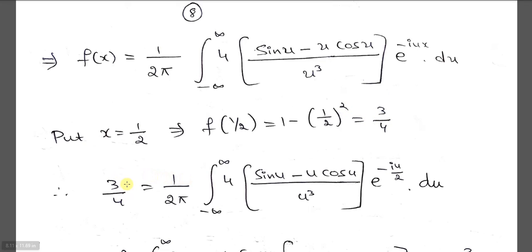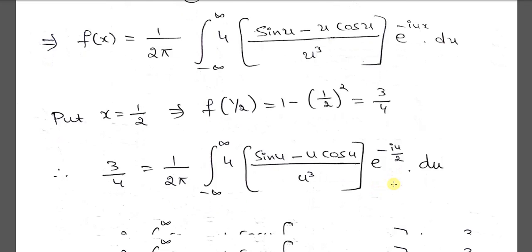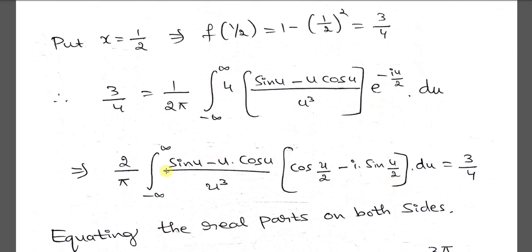So LHS becomes 3 by 4, 1 by 2 pi integration minus infinity to plus infinity 4 times (sin u minus u cos u) by u cube into e power minus iu by 2. So as usual simplify, you get 2 by pi into the same term; e power minus i theta can be written as cos theta minus i sin theta, but the value of theta is u by 2, correct, equal to